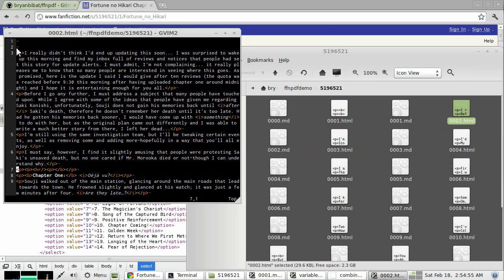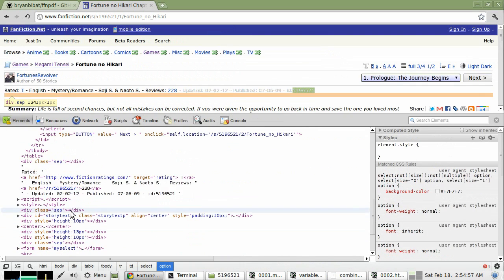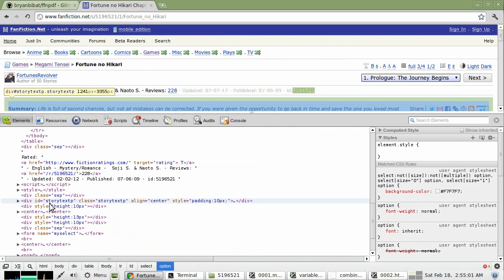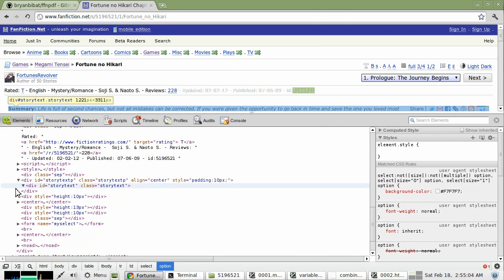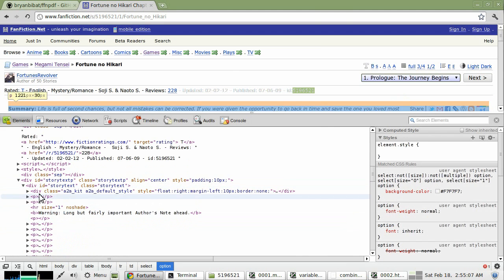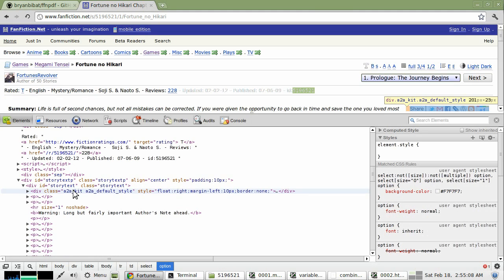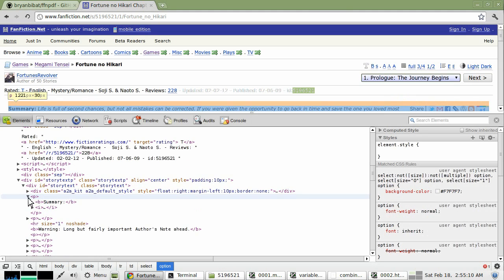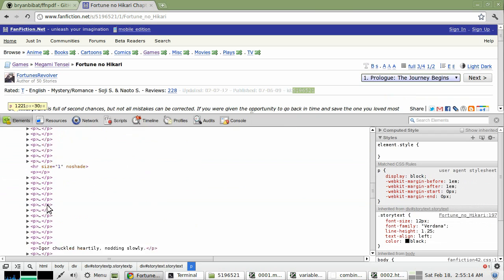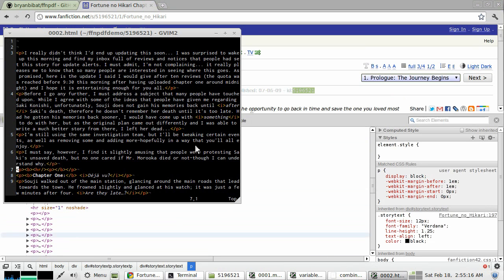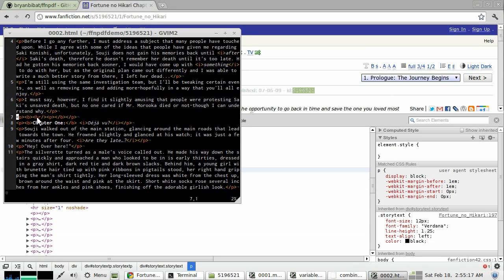So yeah, it strips everything. Everything? No, it gets this div, story text div. It strips the social networking share things, and everything else is shoved inside the HTML file, and it fixes